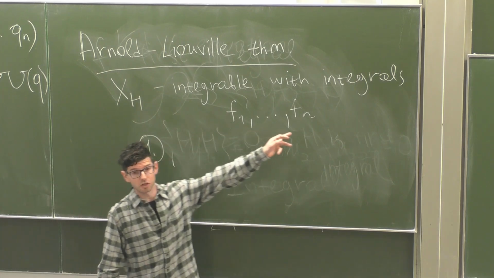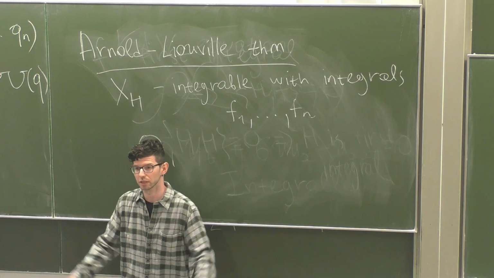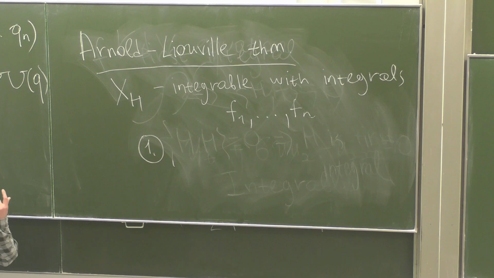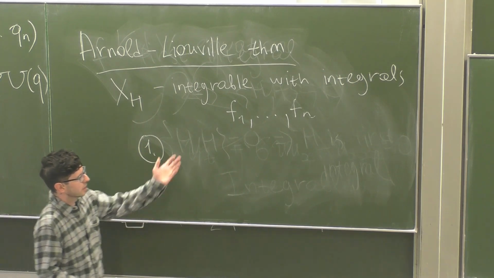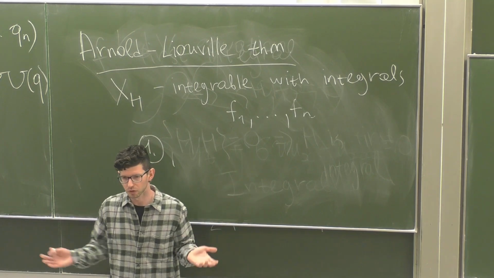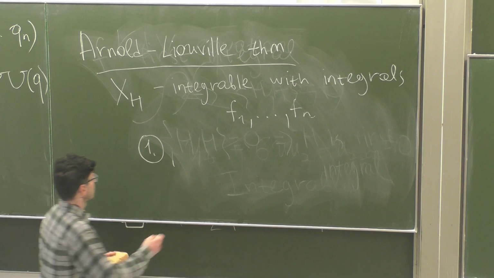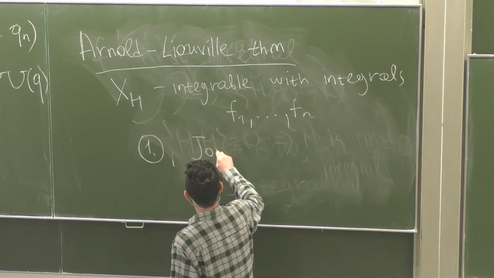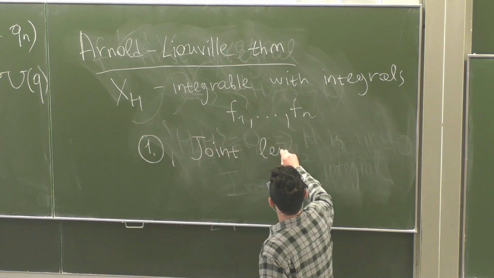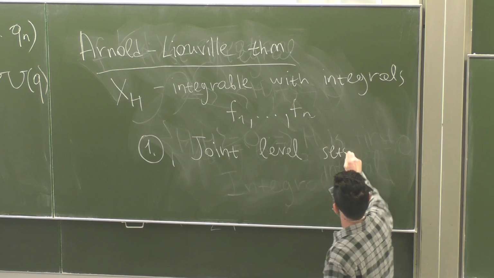If we have n functions, they're all preserved. One can look at their joint level set. That's a half-dimensional submanifold, generically, and that is preserved by the flow, of course. But that's not the point of the theorem. But the point is that joint level sets of